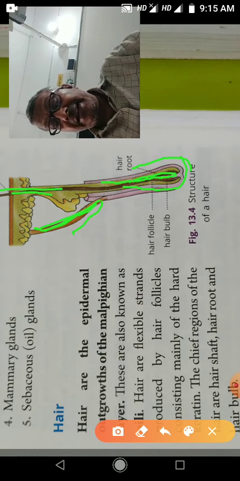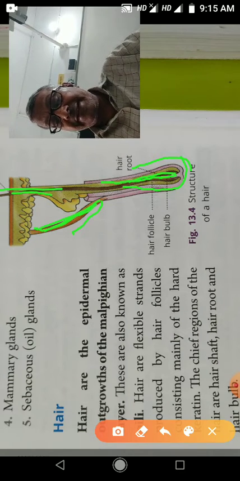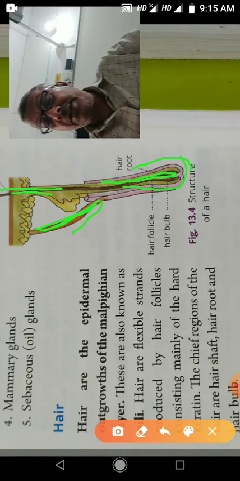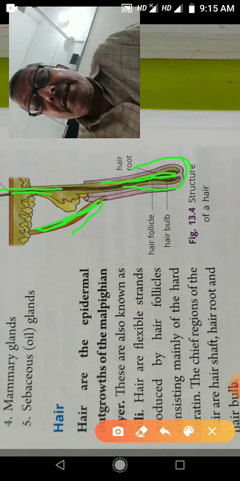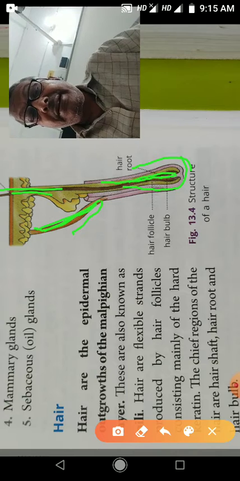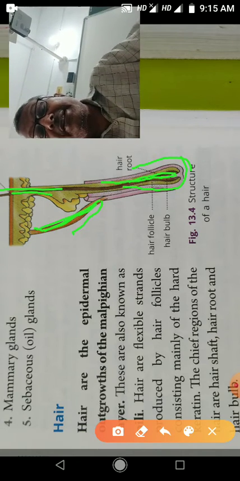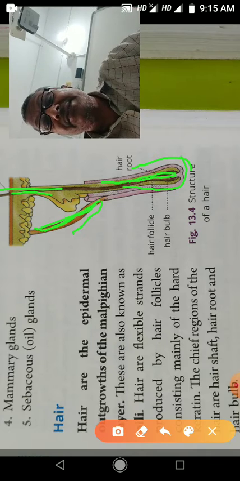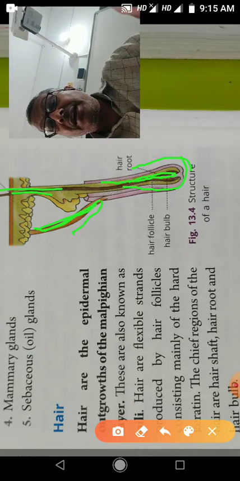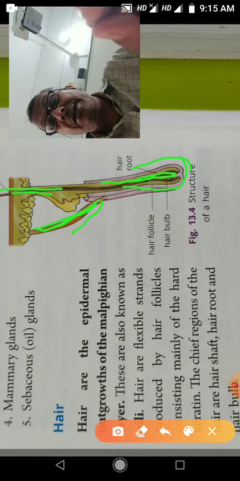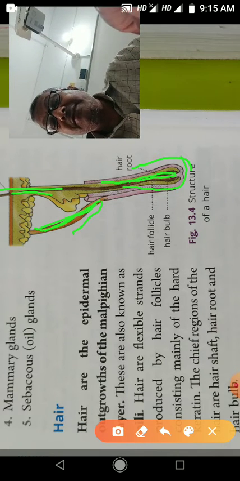Third is facial hair in humans helps in sexual dimorphism because facial hair is not found in the female. Hair along the edge of the eyelids helps in preventing the entry of foreign particles into the eye. And last point is hair in the nostril prevents the dust particles from entering the nasal passage. So it helps in cleaning the air which we breathe in.